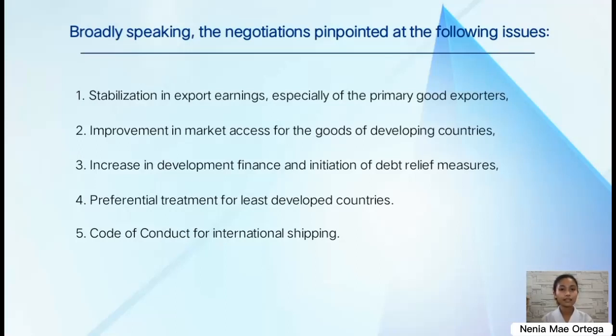So the UNCTAD was of the view that reform in the trading system was essential for reducing the foreign exchange component of development outlays in the developing countries. To achieve this, 0.7% of the GNP of developed countries should come out in the form of concessional assistance, out of which 0.15% should be earmarked exclusively for least developed countries. So the UNCTAD's move led to the evolution of many debt relief measures such as writing off of debt, debt refinancing, and